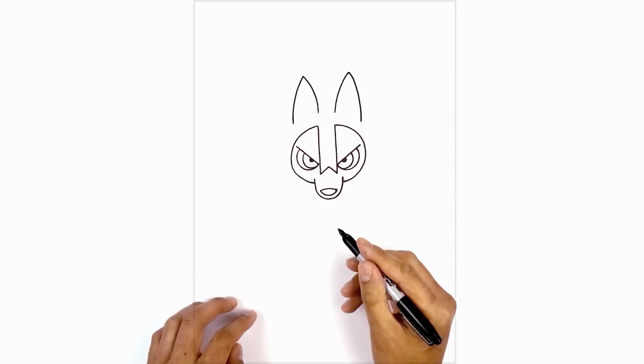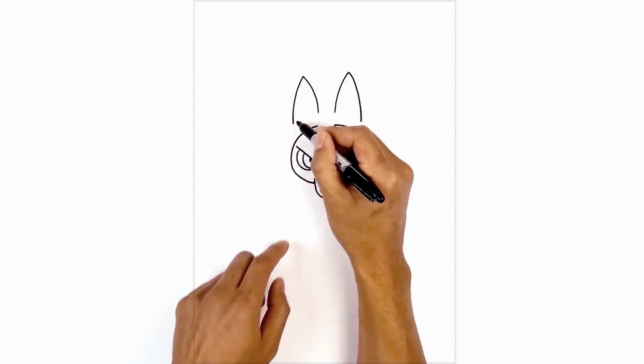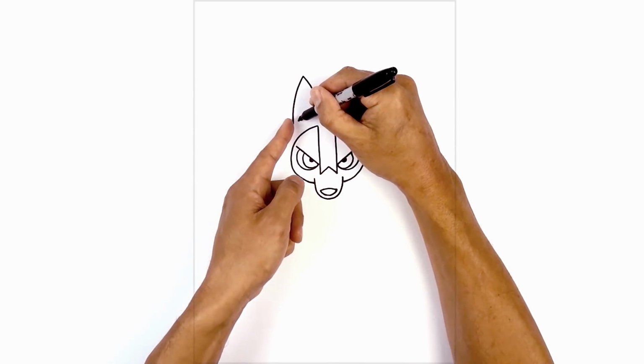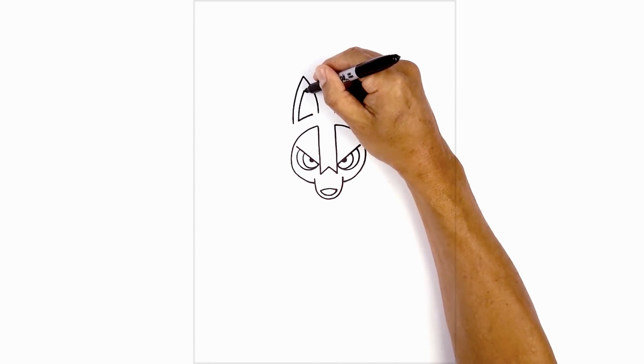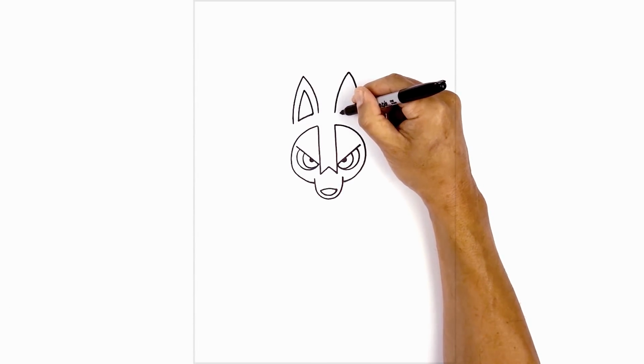Let's draw on the inner ear detail. So in between these two points, we're going to draw a curve, but we're going to leave a little gap on either side. Stepping in, just curve across. Now we're going to follow the same curve going up towards the top. And then along the inside. Let's do the same thing on the right. In between these two points,